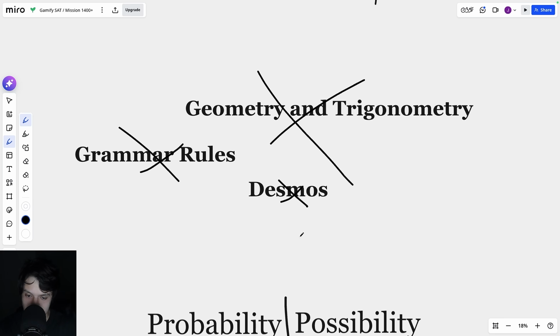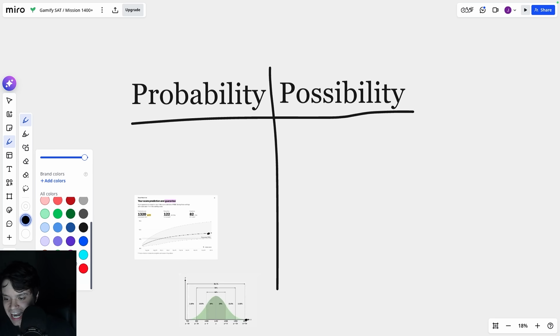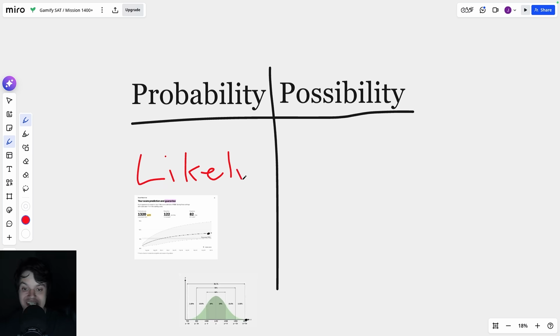Here's what this video is going to be about: probability and possibility. Let me define what these terms actually mean. So probability, under my definition, is something that is likely to happen. For example, it is currently the summertime while I'm making this video. So it is probable, it is likely that it is going to be very warm outside tomorrow. All of the indications, the meteorologist, everybody agrees it is very probable that that is going to be the case.